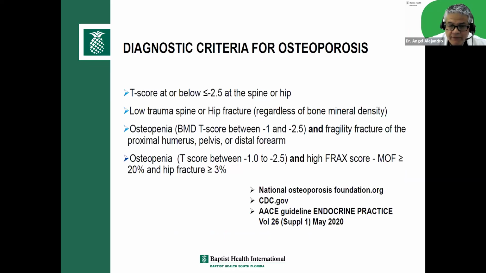Well, if they've had a fracture, if they've fallen and they have a fractured hip or a fractured vertebrae or a fracture of the distal forearm, then you treat those patients. Why? Because by definition, by having a fragility fracture, regardless of your bone density, you have osteoporosis. And then we're going to talk about the newest screening modality, which is to include a FRAX score for those patients with osteopenia, and then use the FRAX score to determine whether that patient should be treated or not, despite only having osteopenia on the bone density. So we're going to talk about that as well.